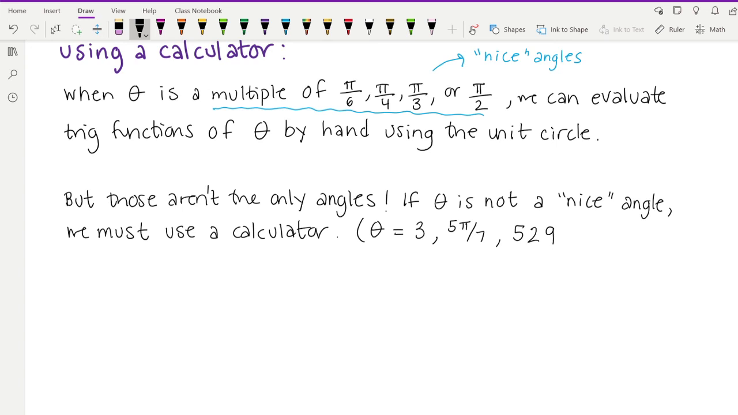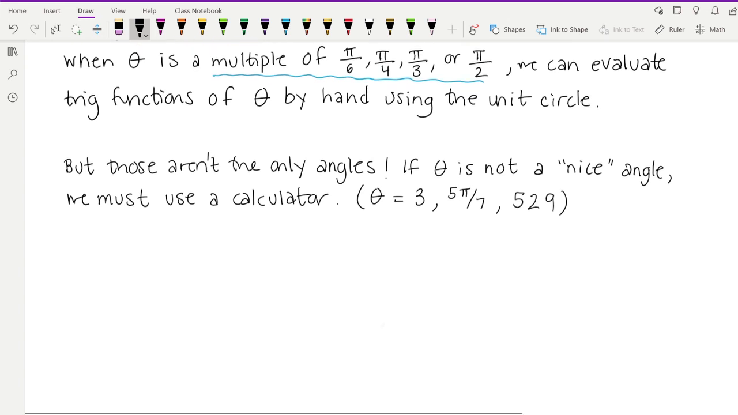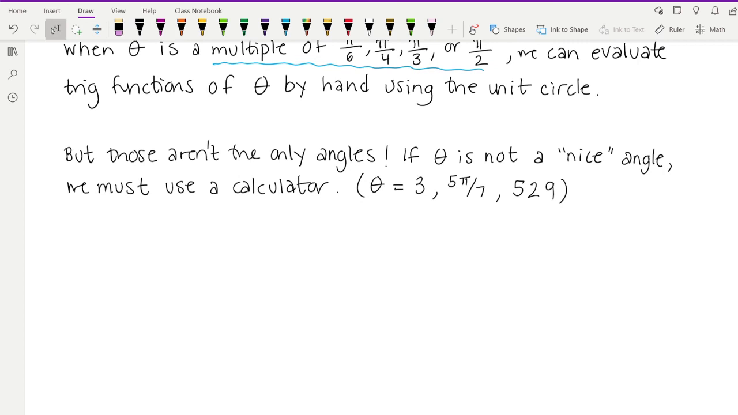Really any number that is not a multiple of one of these things I underlined in blue, it's still an angle. It's just not one of the angles we know how to draw a special right triangle for. So I'm going to do an example, like I said, in a moment, but I want to mention a few more things. So when evaluating using a calculator,